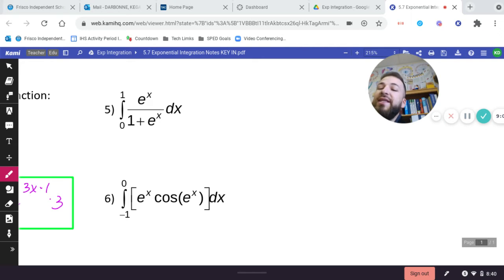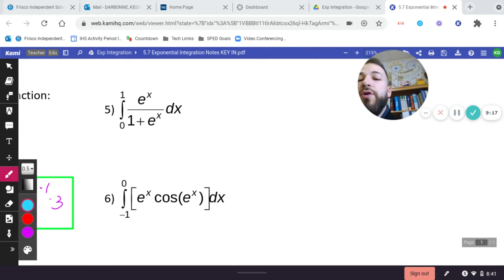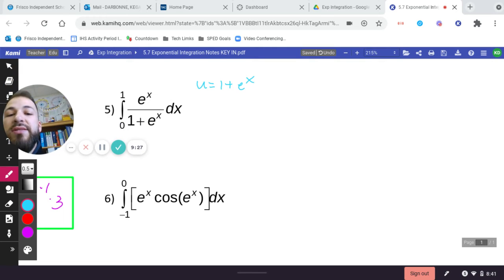Well, 1 plus e to the x is in the bottom of the fraction. A lot of times, the bottom of the fraction is what's trapped. So 1 plus e to the x's derivative would be e to the x. So actually, I can take that out, and this might be our u prime over u that we looked at last class. So u is equal to 1 plus e to the x, which means du is equal to just e to the x dx, because the 1 goes away,